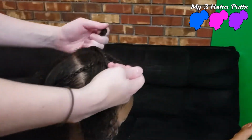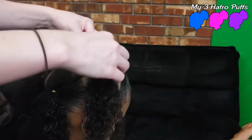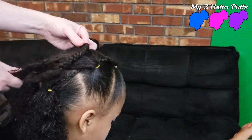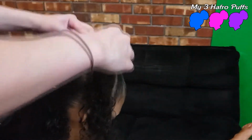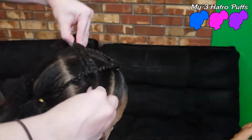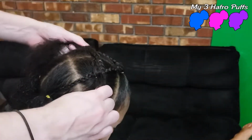I'm just going, because there's going to be too much hair. You don't want one really big thick piece, because if I only did one and then put the rest of that, all of this hair would go down here and be super thick, and the rest of them would be thin. So I split each part in half, and I did 1 braid, and we're just going to bring those to each side and put in